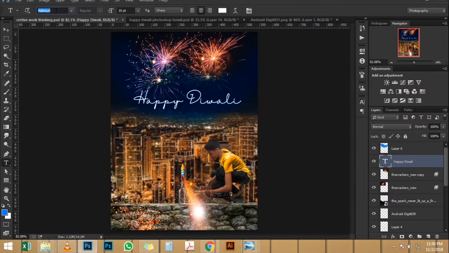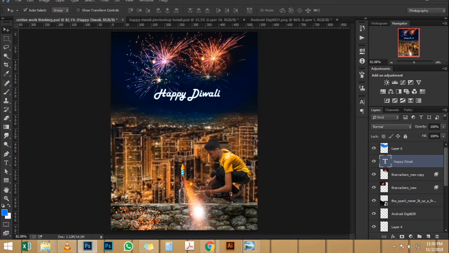Go back into the file that we're working with. I'm going to paste it here. Control V, Command V on the Mac, and there it is. As you can see,